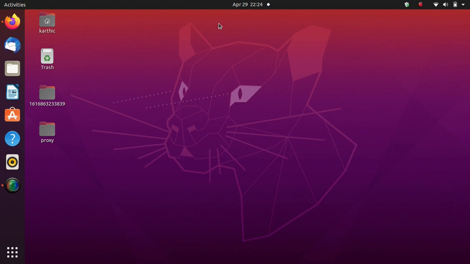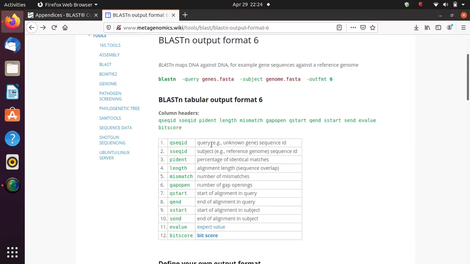In one of my previous videos, I have shown how to install NCBI BLAST on the Linux operating system. Once you have installed BLAST, you might have some unknown sequences and you would like to BLAST them against a known database and see if we have any hits. So today I will download some example sequences from NCBI Protein and BLAST them against a Swiss-Prot database, and I will describe the output. So let's start.